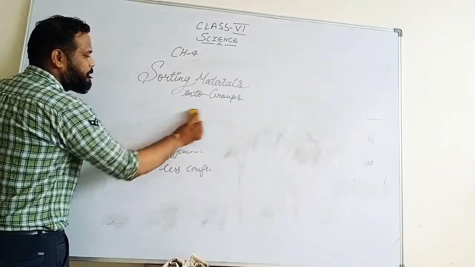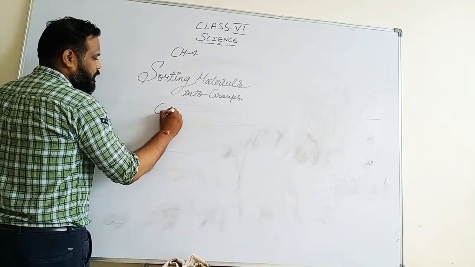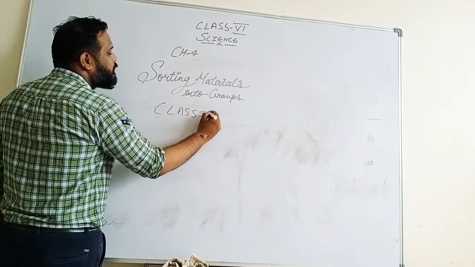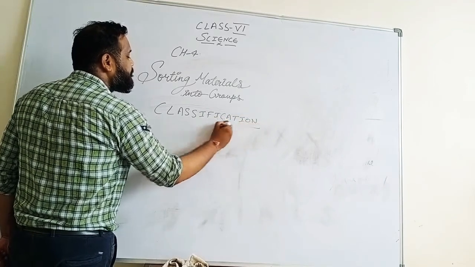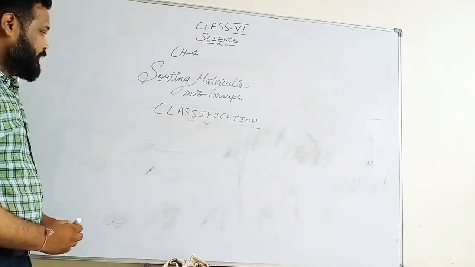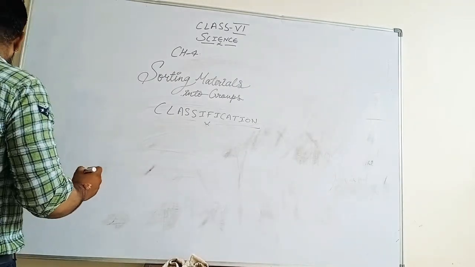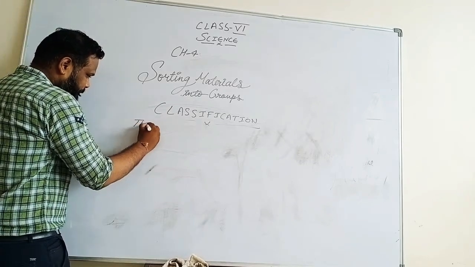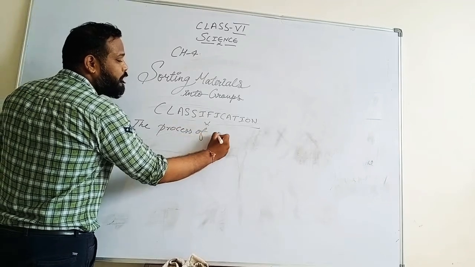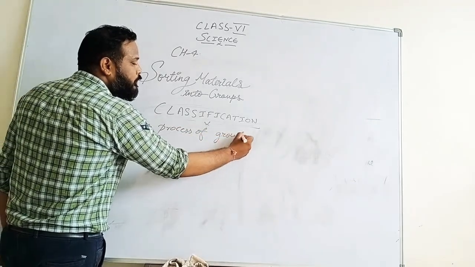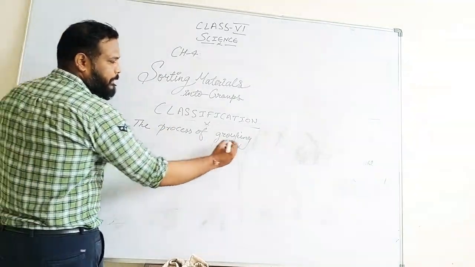After understanding the need of sorting and grouping, let us move to the next topic. The next topic is classification. Now what is classification? Is it different from sorting? No student, classification is a technical term, a formal term for sorting or grouping. The question arises, what is the definition of classification? Just a simple definition: the process of grouping things